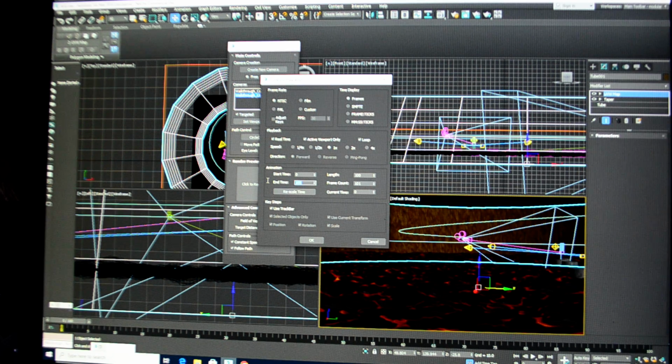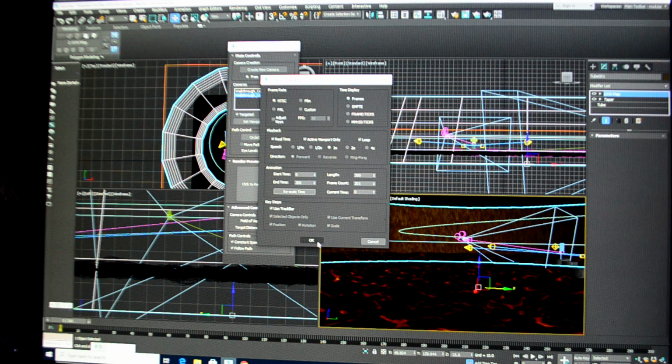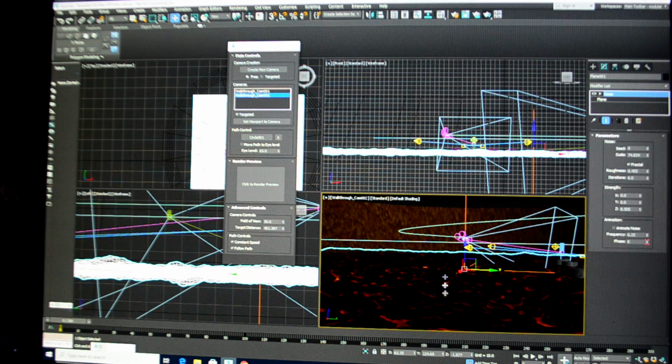So say I want to change how many frames I have. Right now my end time is 100. That means I have 101 frames. So I'm going to change this to 300 because say that's what I've calculated that I need. I'm going to hit rescale time and say OK. Now when I play my animation,